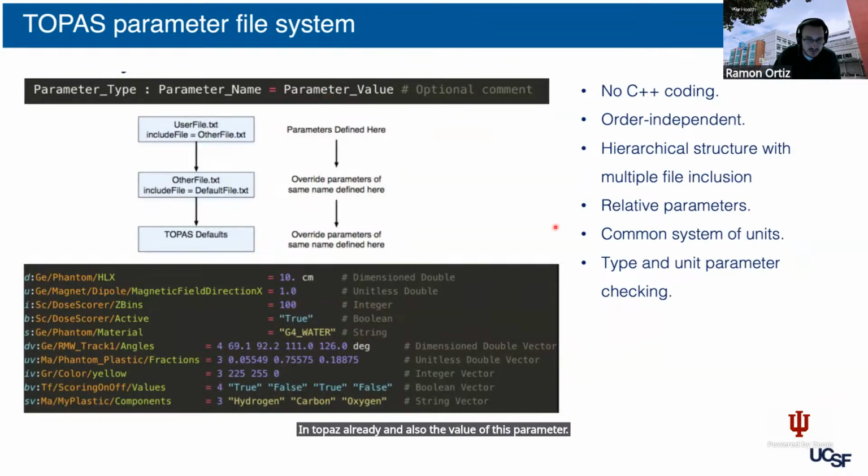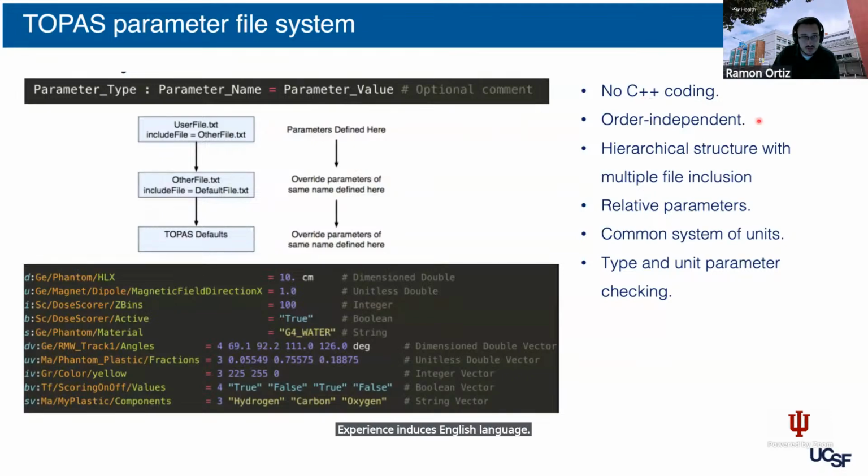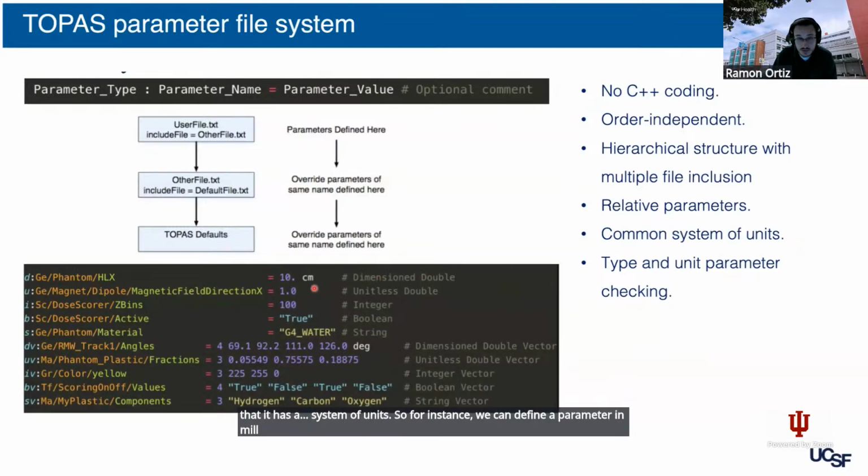And the main advantages of this system are that there is no need for coding experience, since it uses English language. The parameters are order independent to avoid user errors. It has a hierarchical structure, so it allows splitting up the simulations in different files, one depending on another in a hierarchical way. Also, I think it's important that it has an inherent system of units. So for instance, we can define a parameter in millimeters or centimeters, and the code internally will convert the parameter to a reference unit